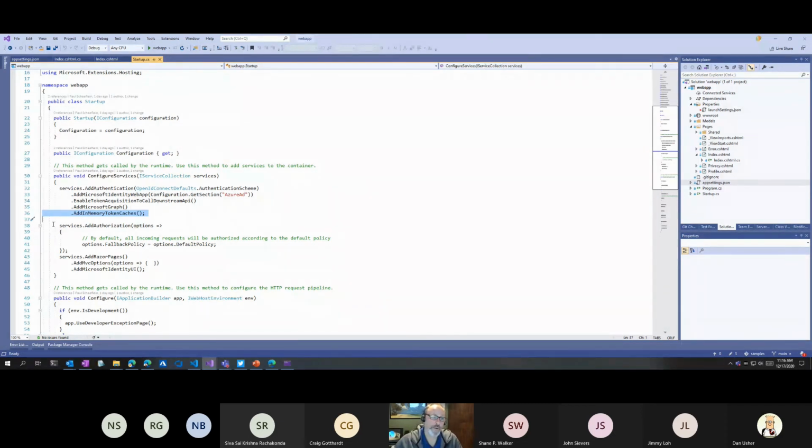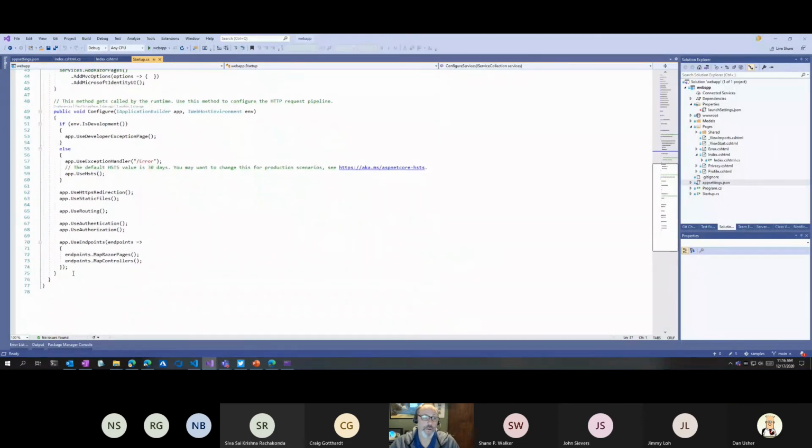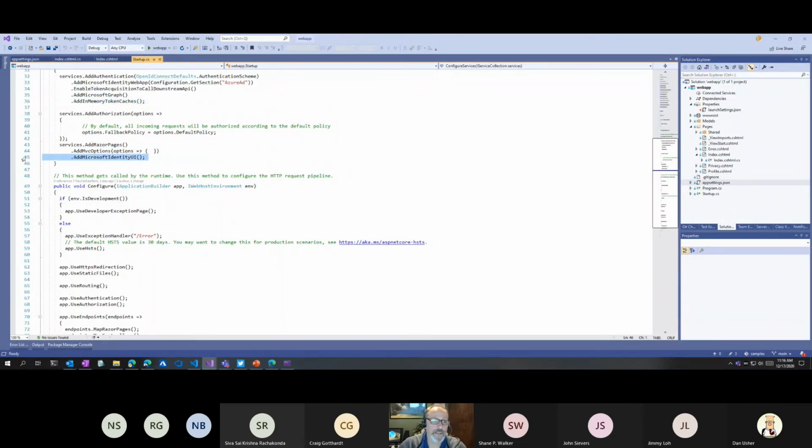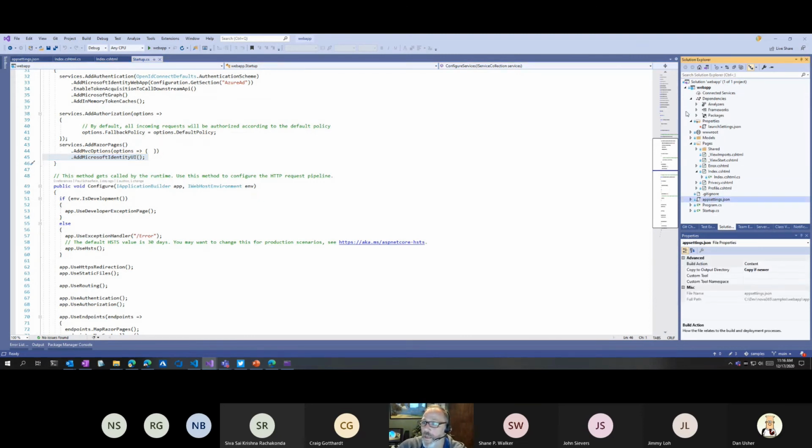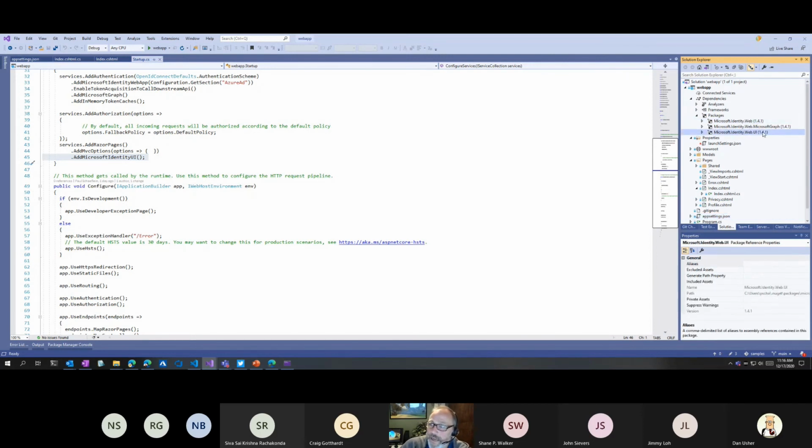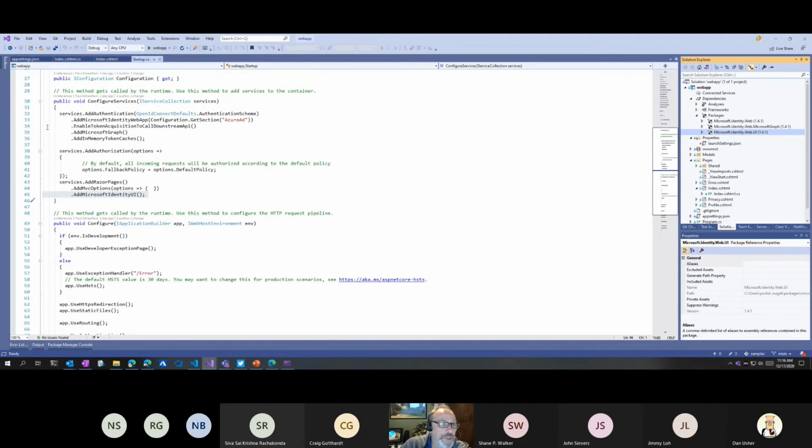The middleware that this Microsoft.Identity.Web provides will do that for me, right? And this is the section here where I say add the identity UI. This identity UI will handle the, oh, you need to provide consent, and handle the response to that consent and update the token cache as well. So this is the code that the library Microsoft provides. If I look at my packages, you'll see I've installed Microsoft.Identity.Web and Microsoft.Identity.Web.UI. And then because I'm doing this option here that says add Microsoft Graph, I add Microsoft.Identity.Web.MicrosoftGraph.